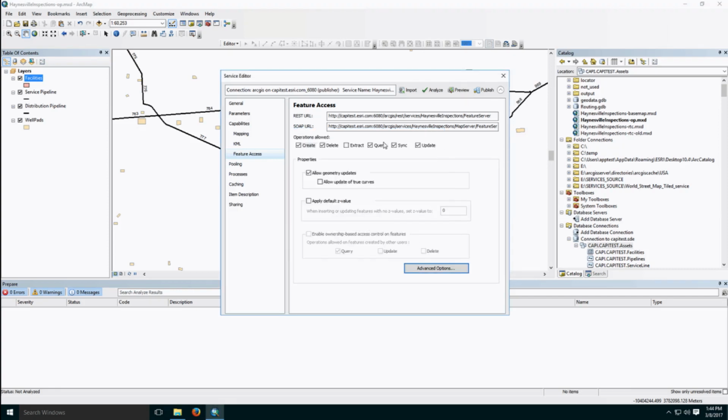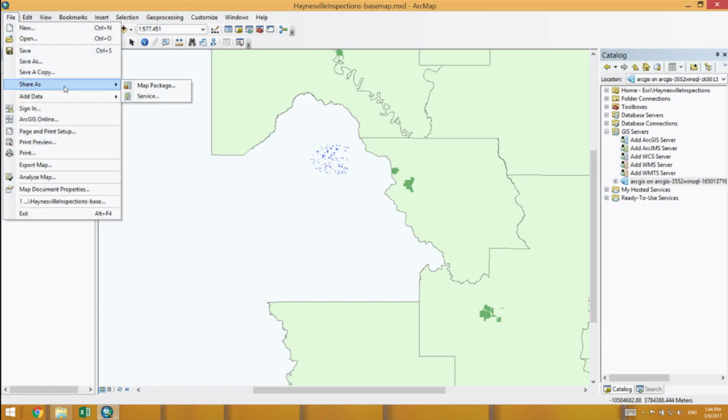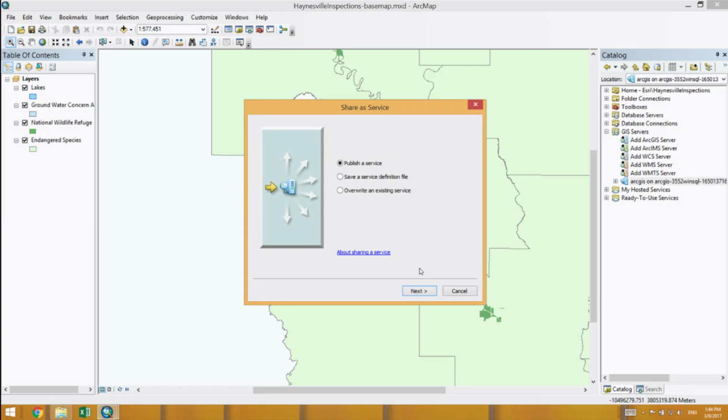And from here, we can publish our service. So that would create our sync-enabled feature service. And now, if we switch back to this version, same kind of thing for publishing a tiled service. So this is a not particularly pretty base map that I'd like to publish as a tiled service with export tiles enabled. And I can go share as a service, but this time on the